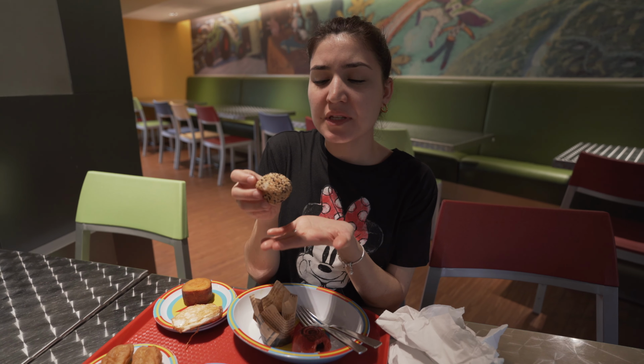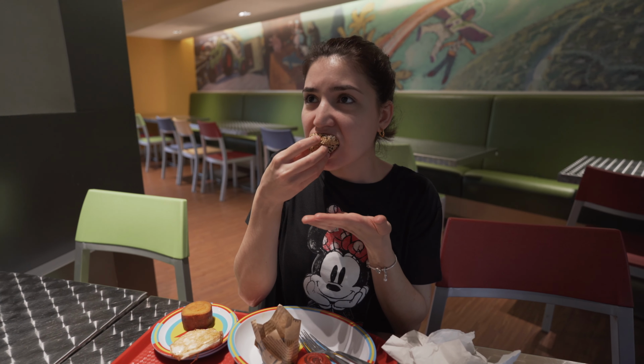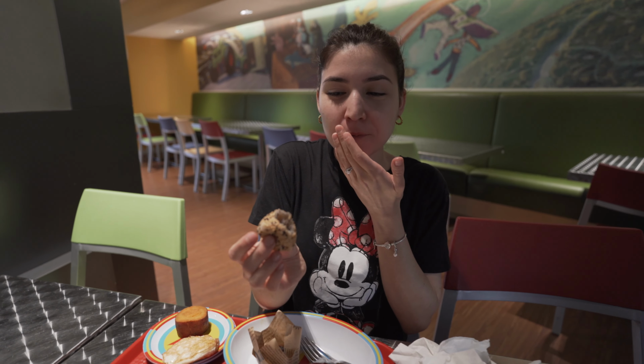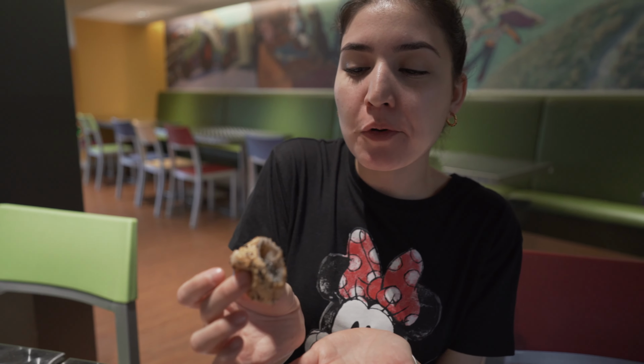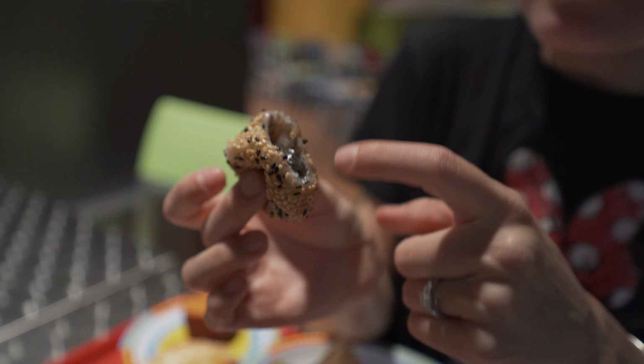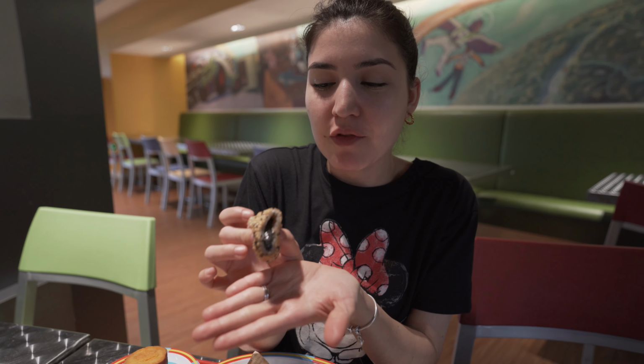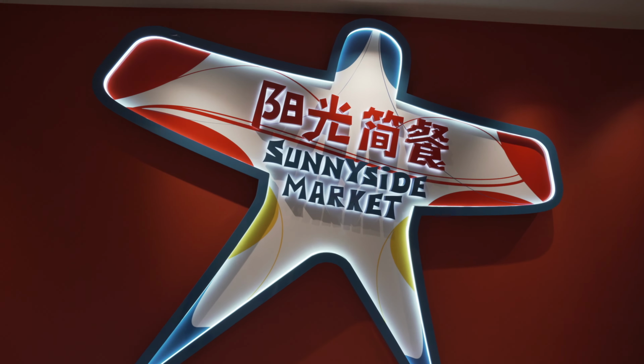This one was a sesame seed rice ball. This one's really good. It's like a sweet and savory combo. Look at that filling. This is rice, and then on the inside it's like a sesame seed paste. I wasn't expecting this one to have the filling inside. It's really good. So now, although we aren't going to buy anything, we're going to show you the Sunnyside Market,